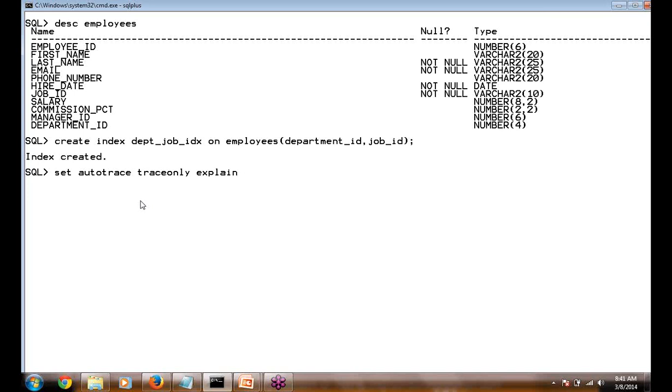Explain. Only give me the execution plan. I want you to notice a few things here. As I select from employees, where department ID is equal to, let's say, 60 and job ID is equal to